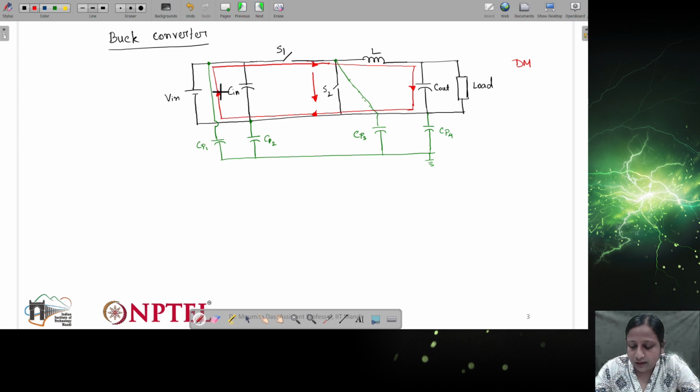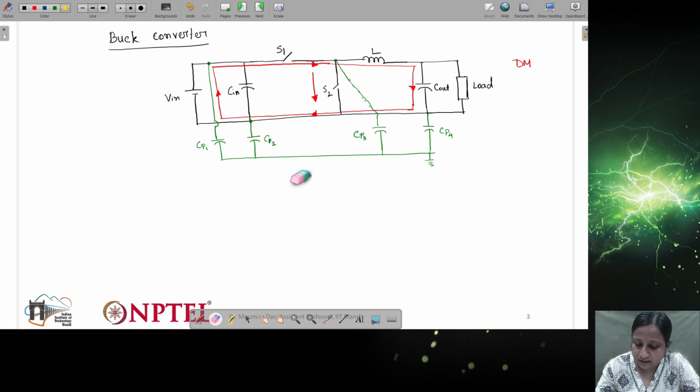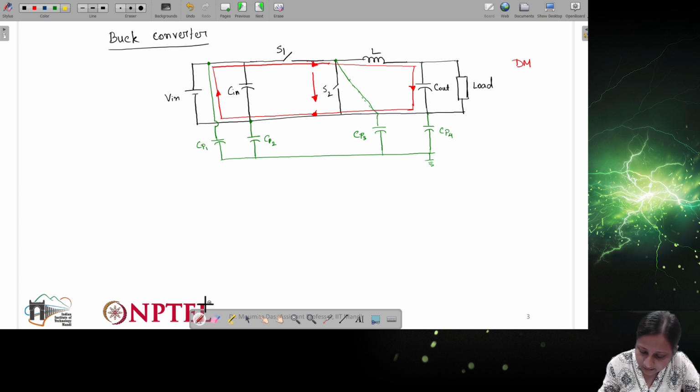Now when I try to represent the common mode noise, the common mode noise will be in the similar direction. Differential mode noise will be in opposite direction. You can see here, the positive of the differential mode and the negative return path are in the opposite direction. If you check the arrows, they are in the opposite direction. But in case of common mode noise, they will be in the similar direction. So let me just use a different color. This yellow is visible. If I represent it in yellow color, then the current will be